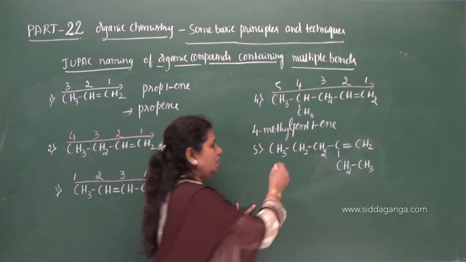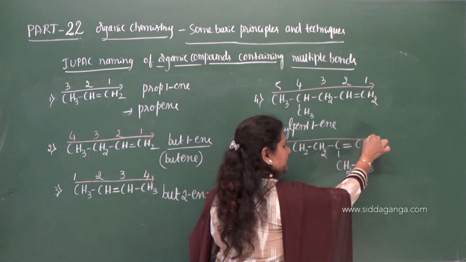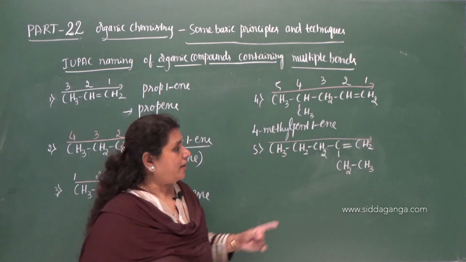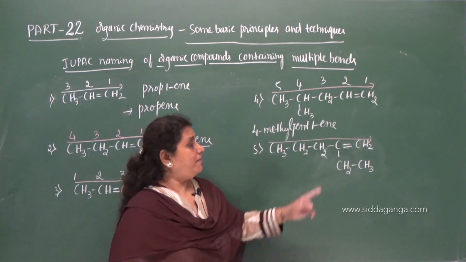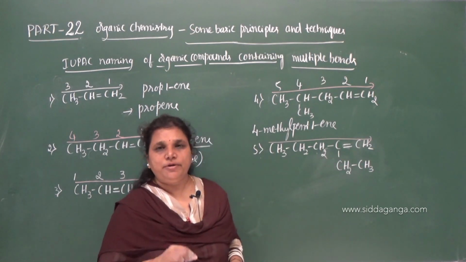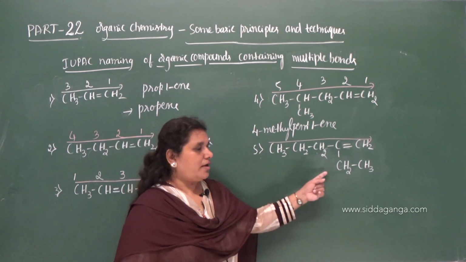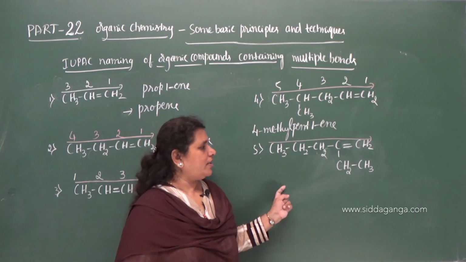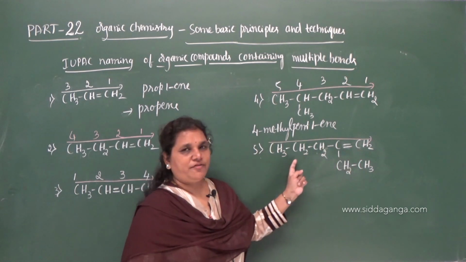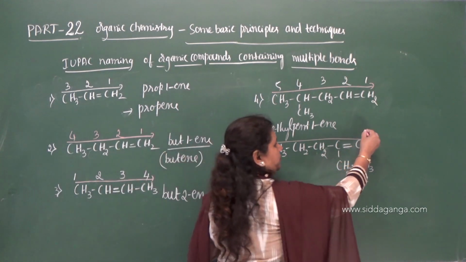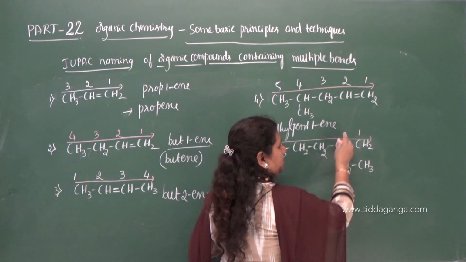According to that rule, you need to select this chain. It may contain 1 carbon atom less, but it contains a double bond. We need to give the preference for the double bond. Now number the chain from one end to another end. So you can number it from this end. The lowest possible number should be allotted to the double bond.